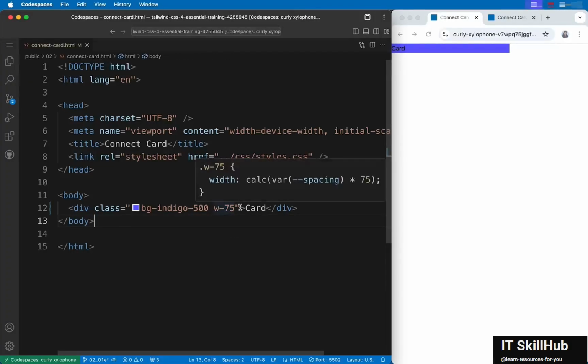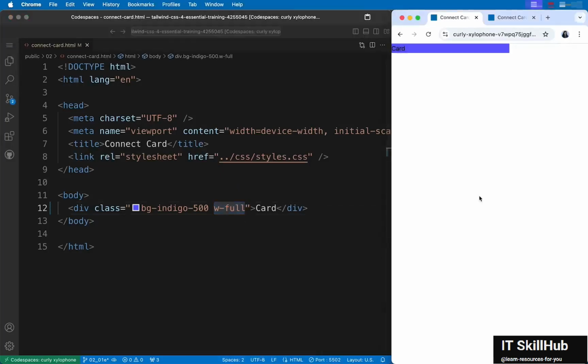All right, so these are fixed widths and heights. If you need percentage sizes relative to the parent, you can use fractions. So W1/2 here sets half width. So that would be half into 100, which is 50%. You can use 1/4, you can use 3/5. You can really use any fraction here that you wish to. You can use W full, which is anyway the default. If you need it for something, you can use W full for 100%.